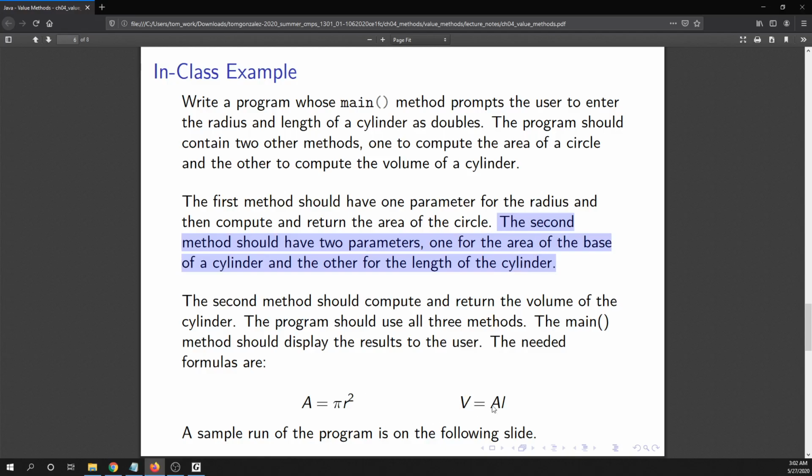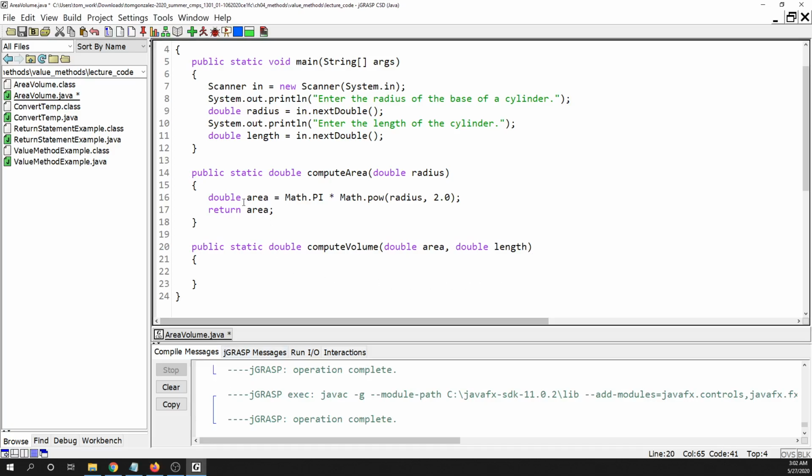All right, and then we return the volume, which is the area times the length, okay? We could do like we did here and do that, but really if that's all this does, we can just kind of return